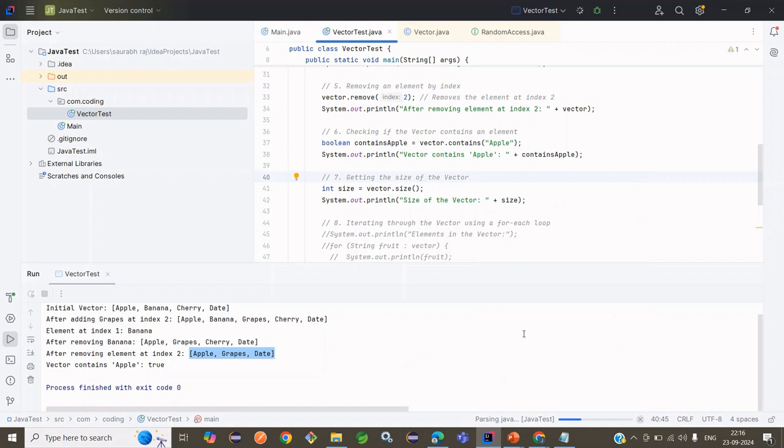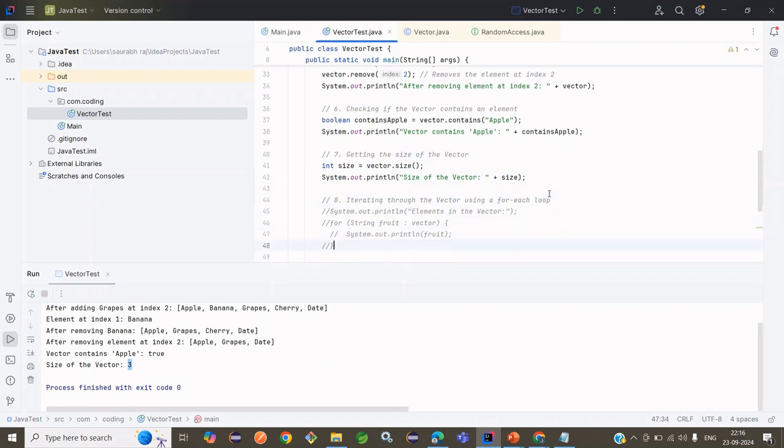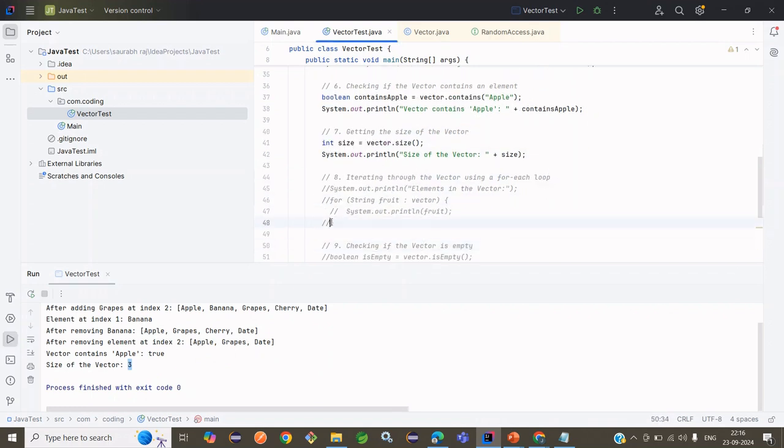So now we are getting here 3, that means our output is correct. So size is also working perfect, and this is the way to get the size of vector. Okay, same like array list,